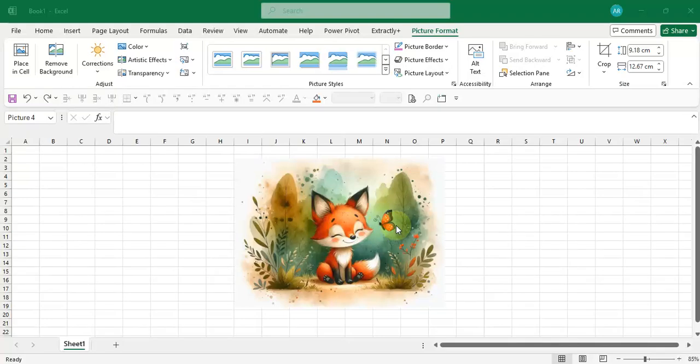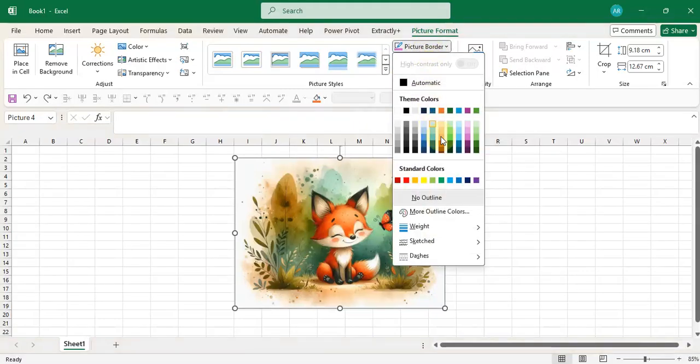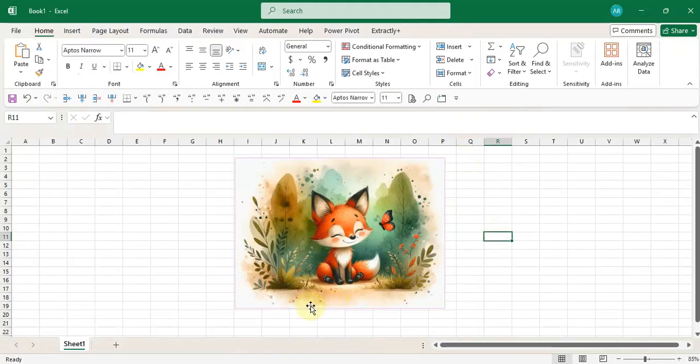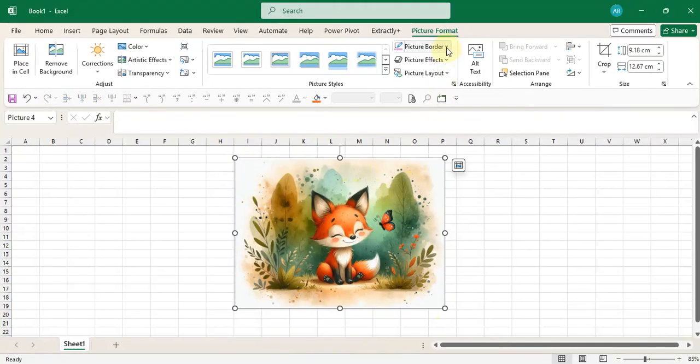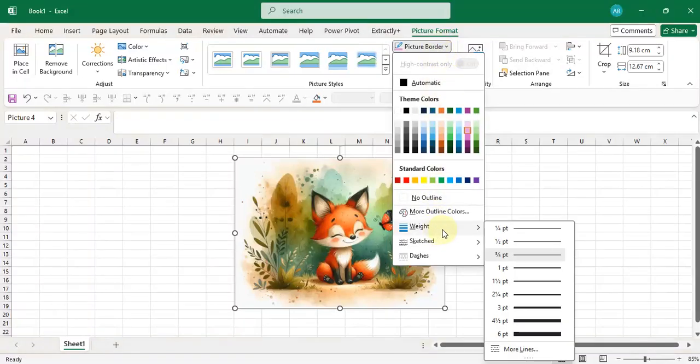So if I want to add a border to my photo, because right now, as you notice, my picture doesn't have a border, I can click on it, go to Picture Format again, and you're going to see Picture Border. So I click on the color that I want. Let's say I want this color here. And you're going to notice a thin border come up around my picture. If I want to change the size of it, I just click down on Picture Border again, and I select the weight I want. Let's say it's going to be